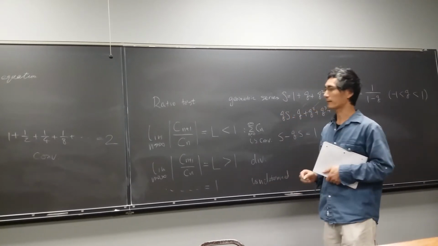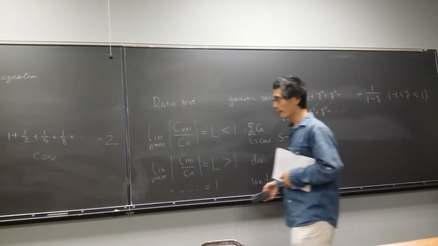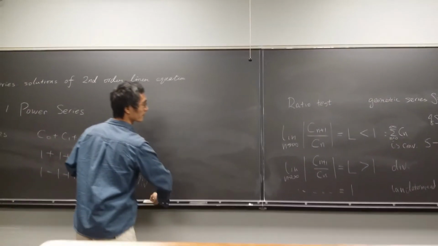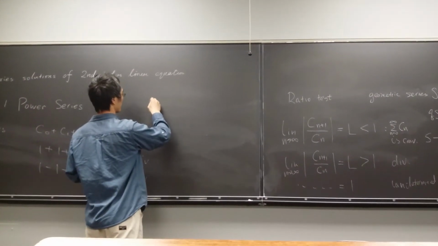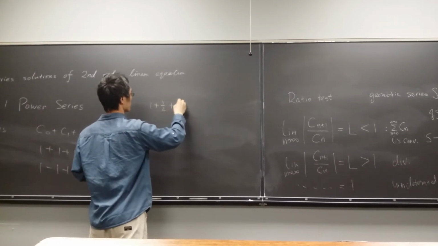It means we need some extra test to see if it's convergent or not. Alright, let's see an example. Suppose we have a series like that, 1 plus 1/2 plus,